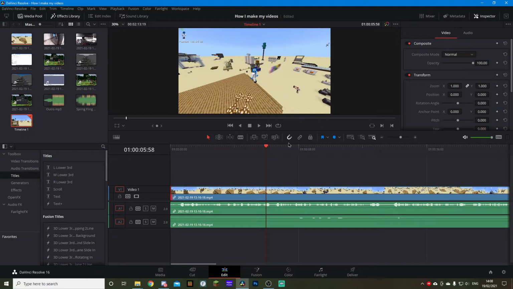And yeah, it's actually super useful. I rarely turn this off unless I'm trying to fine tune a cut or something. The last thing that you're going to want to know is that this button right here, the blade edit mode,